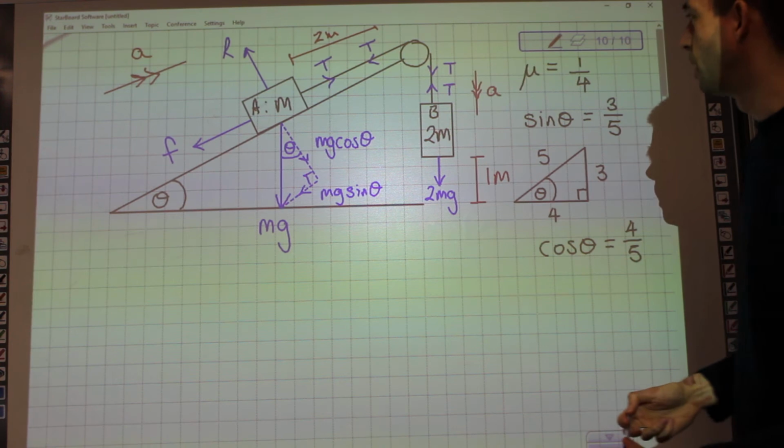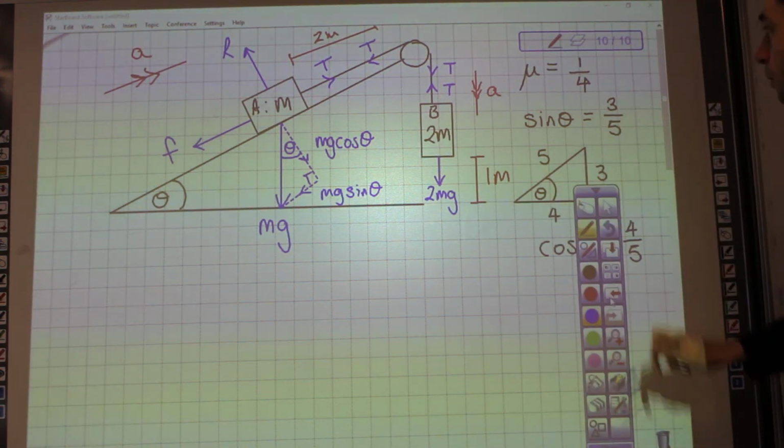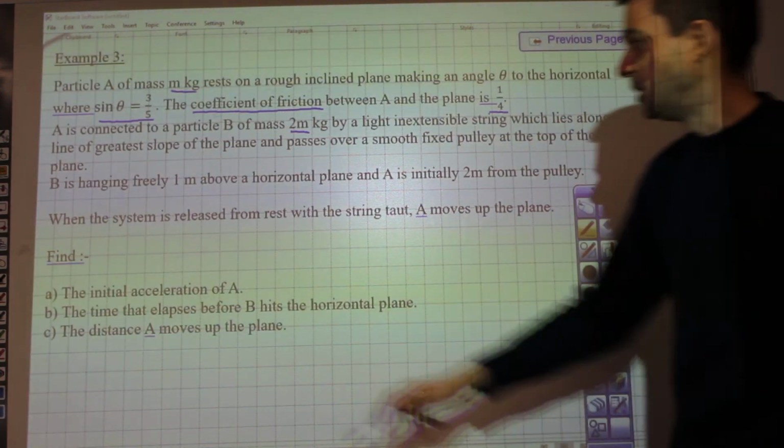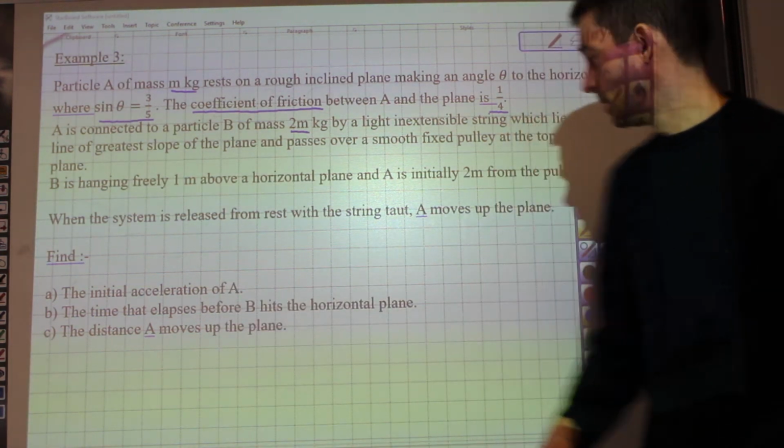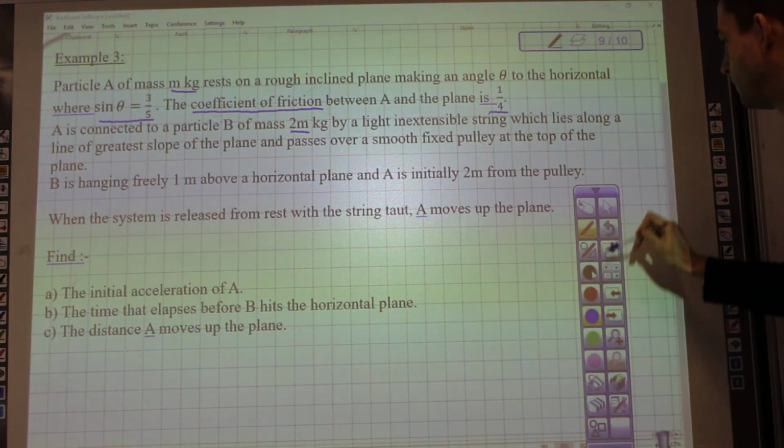Okay. Right, so let's now have a look at what we're being asked to do in the question. It's asked for the initial acceleration of A. So what we're used to doing by now,